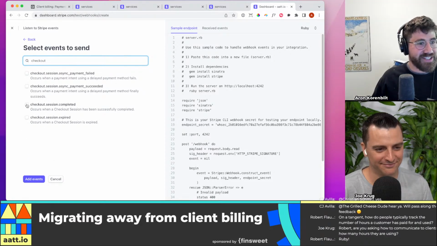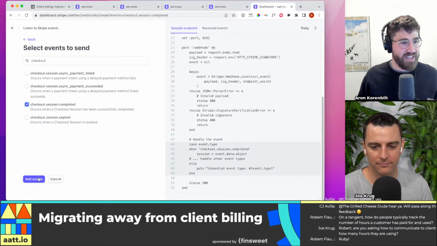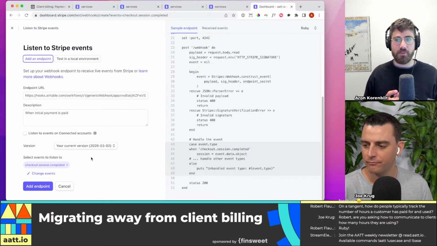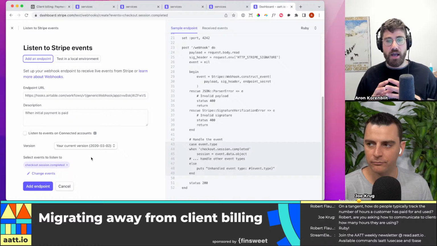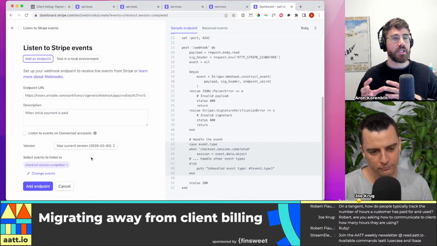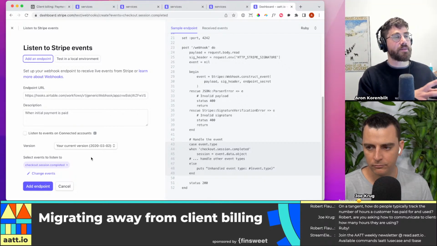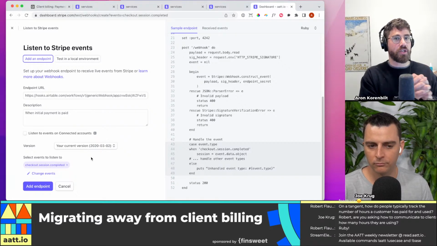Right. So check out session completed. There we go. Add that event, and we're only going to have this specific event, and this is something folks should know. How Airtable works is that if you have multiple types of webhooks being sent to Airtable, you shouldn't send them to the same URL. You should have a one-to-one mapping between the data structure of the webhook from Stripe and Airtable, because Airtable will just take the first webhook, look at its structure, and go down the tree.